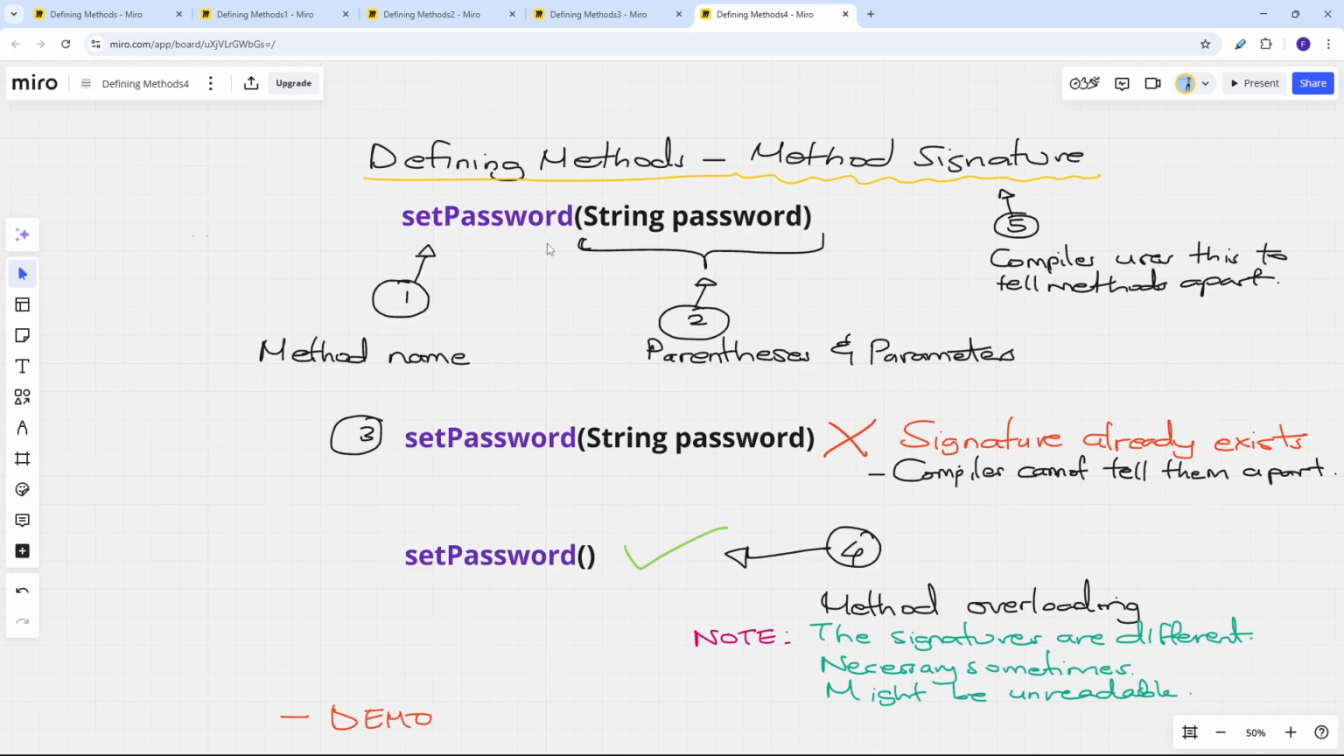So the compiler uses the method signature to tell different methods apart, to know that this method is different from this method. Because of that, you cannot have similar method signatures within the same class or the same related block of code, as I will demonstrate shortly. If you try to have the same method signature twice, you will see an error. Why? The compiler uses the signature to tell methods apart. So if they are similar, the compiler cannot tell them apart, and hence the error. So please note,